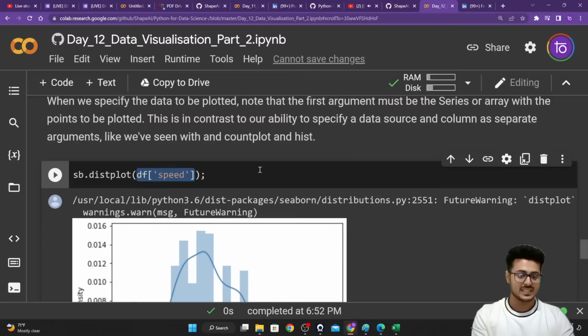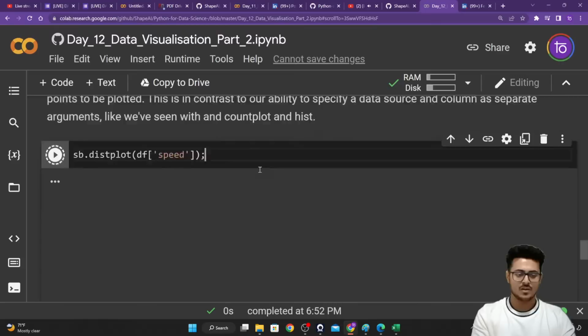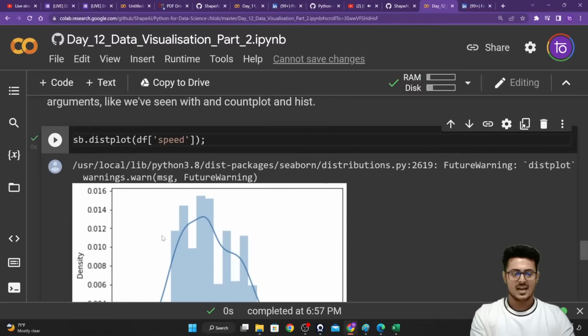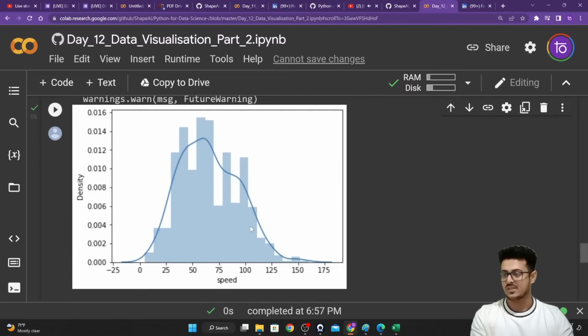If you run this particular line of code, you are easily able to get the plot, as you can see right over here. You're getting the histogram plot, and it is well distributed. It makes the distribution assumptions on its own. Seaborn already does that for you, but it is not count. You have speed and something called density on the y-axis. What is the density? I'm not able to understand that.